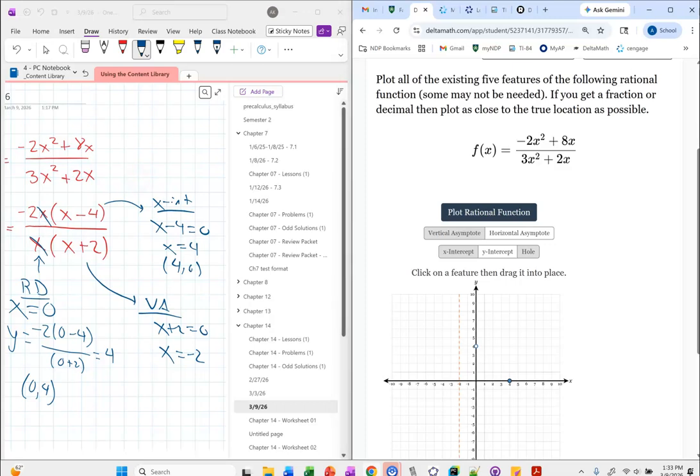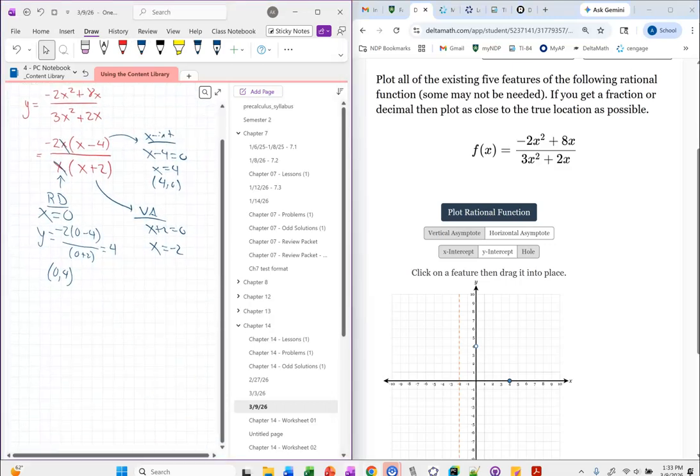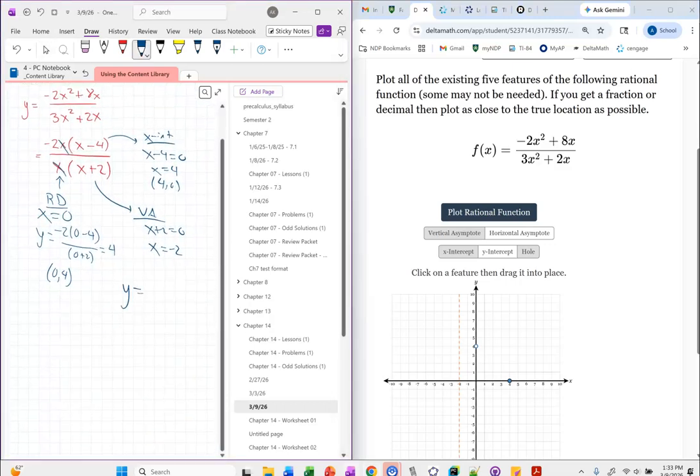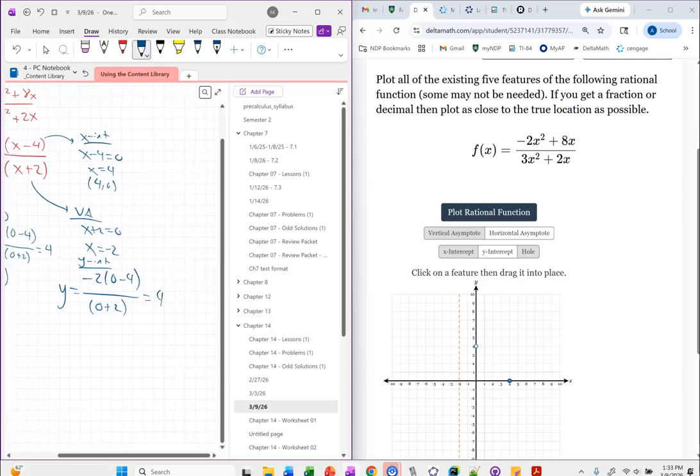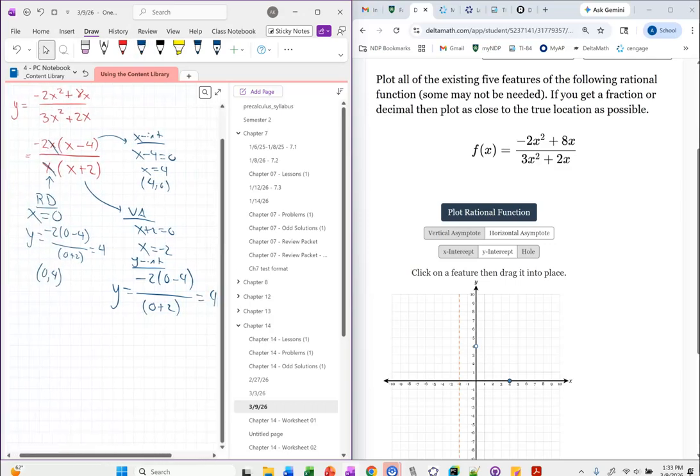Let's do our y-intercept next. So to do that, we're just plugging 0 in for x. So that's going to give me 4. But notice that,